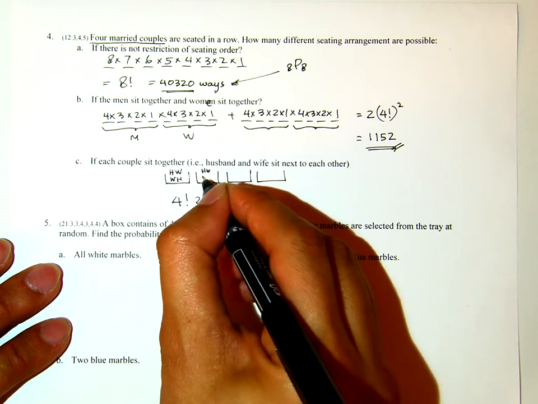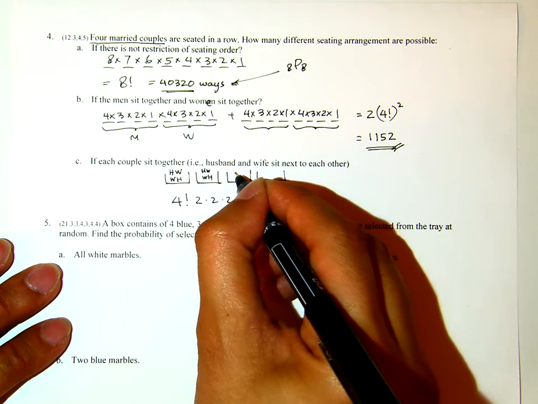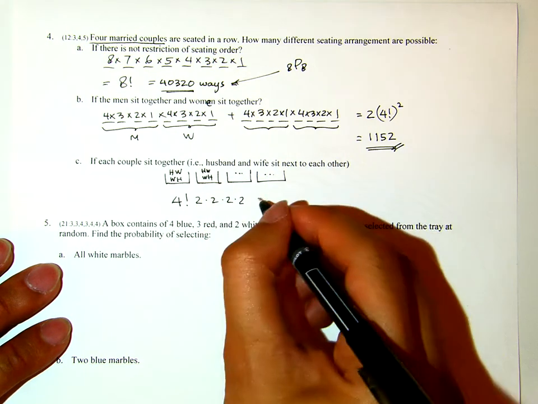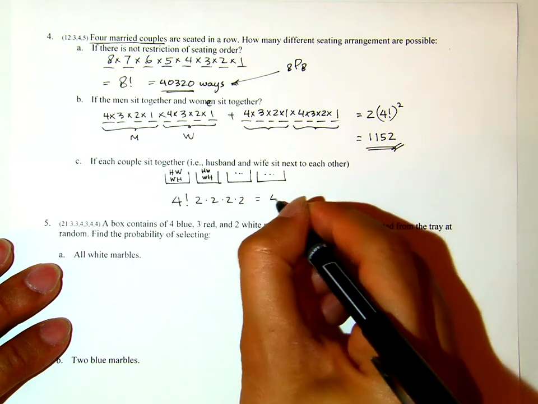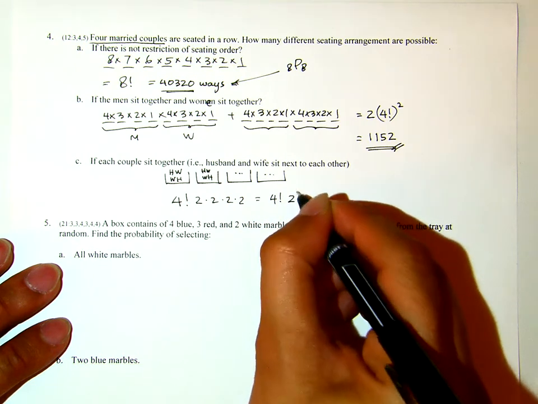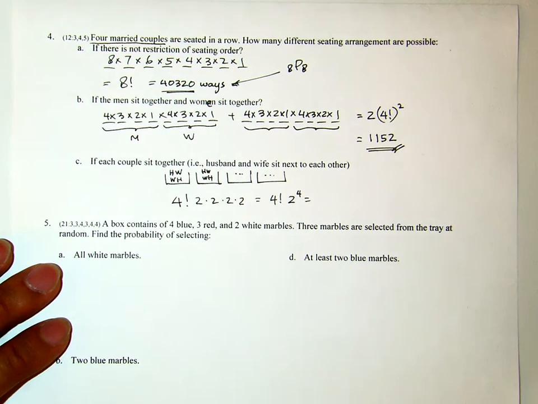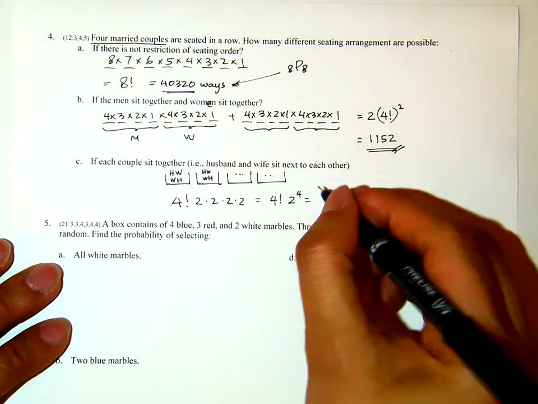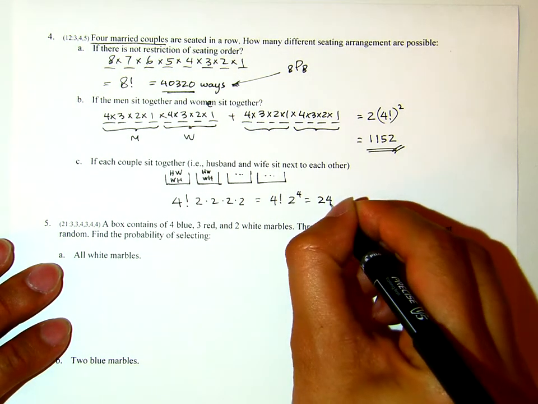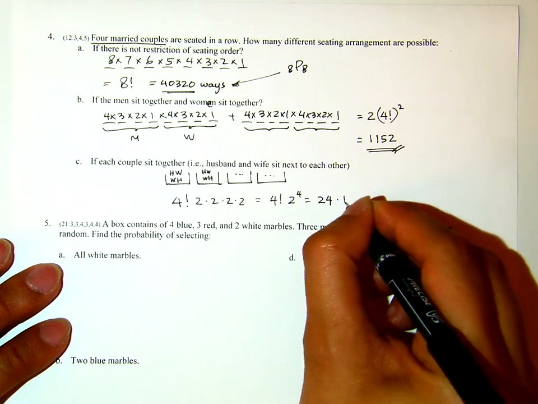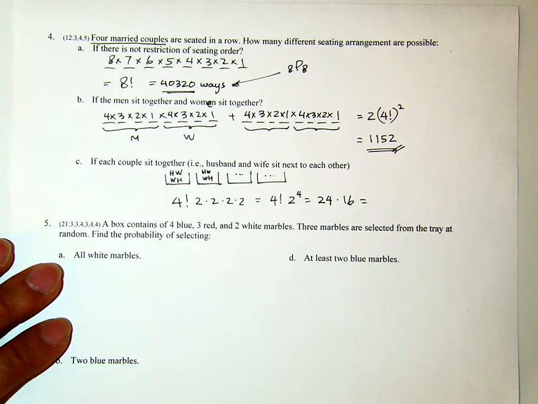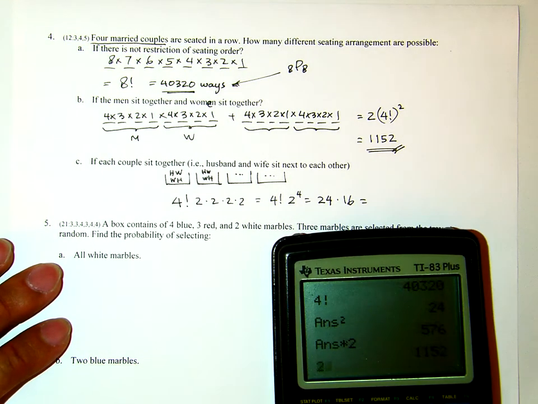So this is the same as 4 factorial times 2 to the power of 4. Now 4 factorial I believe is 24, and 2 to the power of 4 is 16. 24 times 16